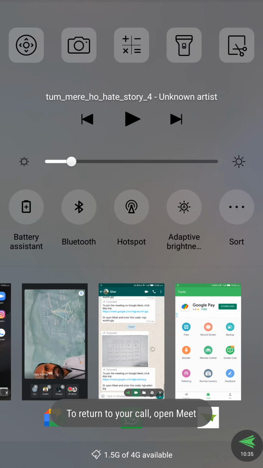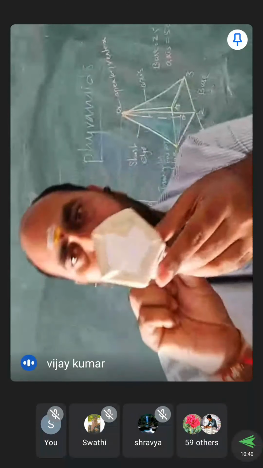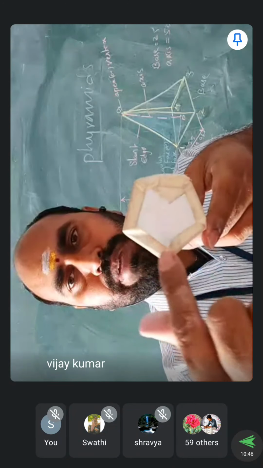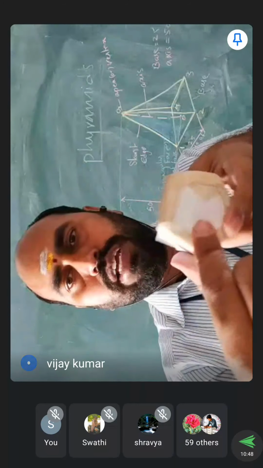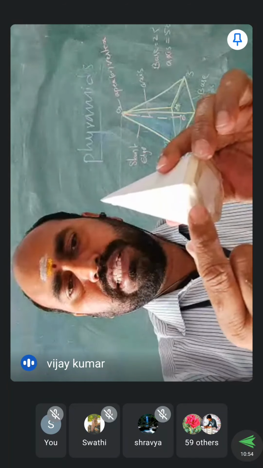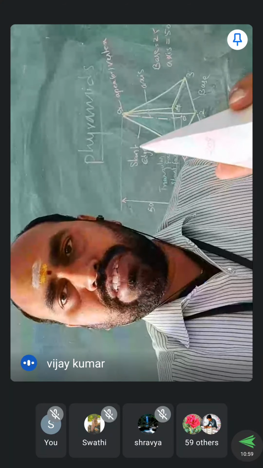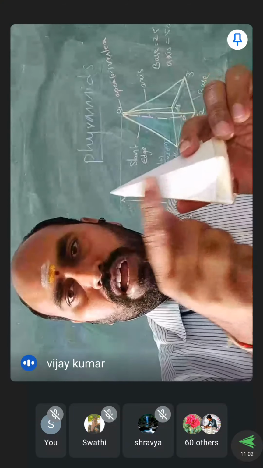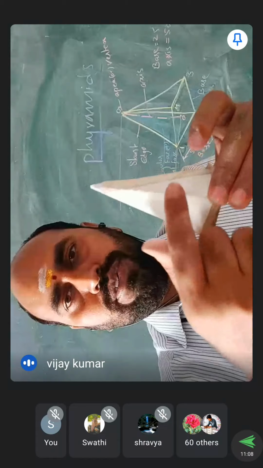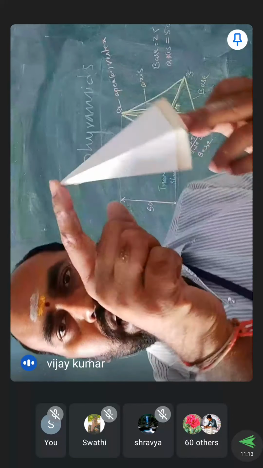And this is a square pyramid. If you can see another pyramid I am showing, how is the base? The base is in pentagonal shape. The base is in pentagonal shape. And all the edges of the pentagonal plane as the base join at the particular topmost point as the center. The topmost point is called the apex point. These are all isosceles triangles. One pentagonal plane and 5 isosceles triangles join to form the pentagonal pyramid.